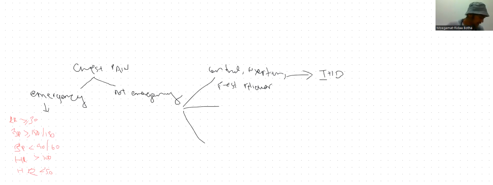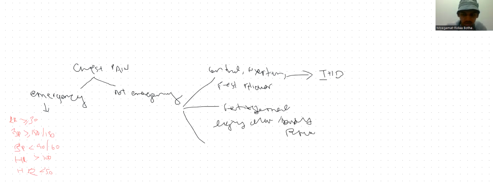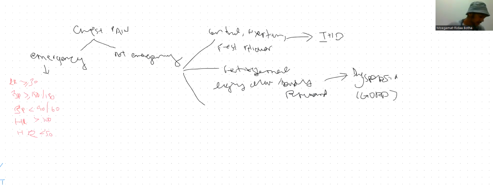If the patient has retrosternal or epigastric pain with eating, hunger, lying down or bending forward, okay? So retrosternal, lying down or bending forward, that would prompt you to think of dyspepsia, right? Or gastroesophageal reflux disease. Okay. Then,